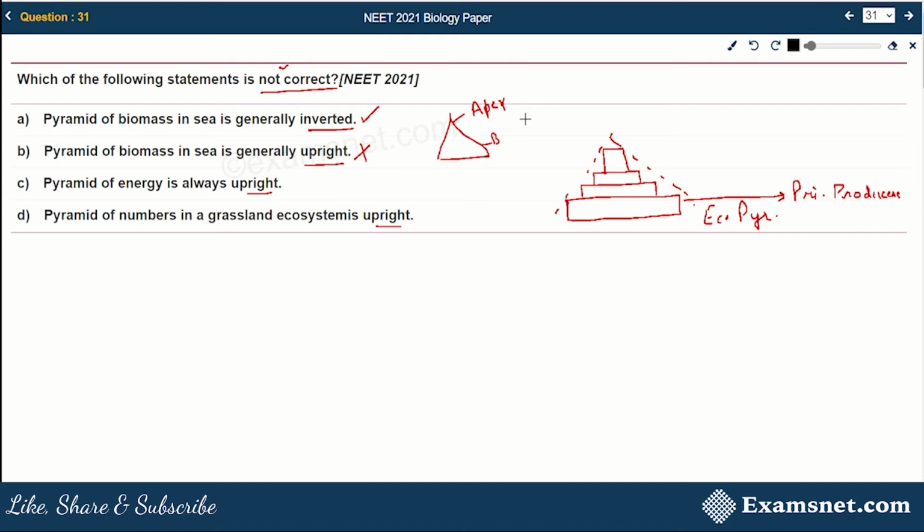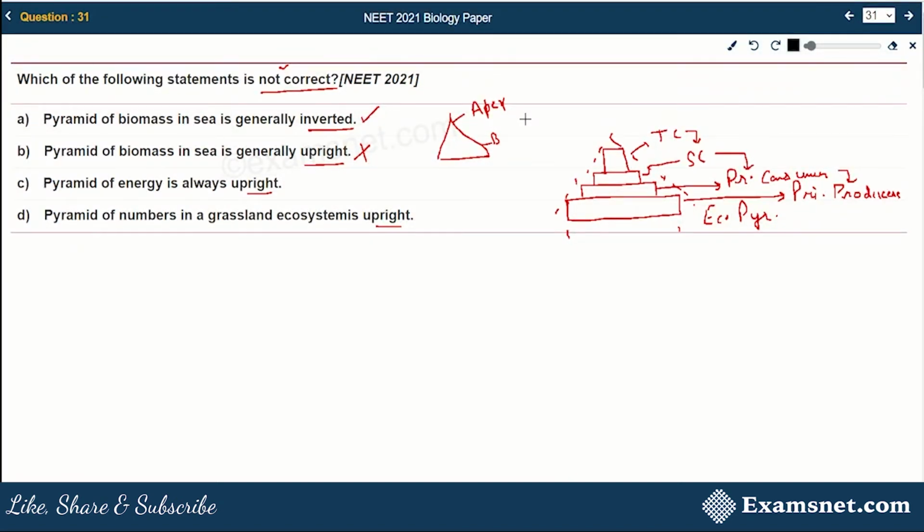But from the next trophic level, dependency starts. The next trophic level, which includes primary consumers, depend on the primary producers for food. Similarly, the next trophic level includes secondary consumers, and they depend on the primary consumers for food. And the last one is tertiary consumers, which depend on the secondary consumers for food. Here you can observe that the first trophic level has a large width, whereas the next trophic level has a smaller width. So why does the width keep decreasing?